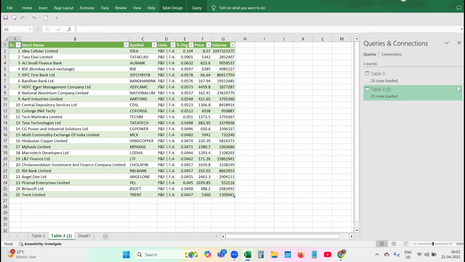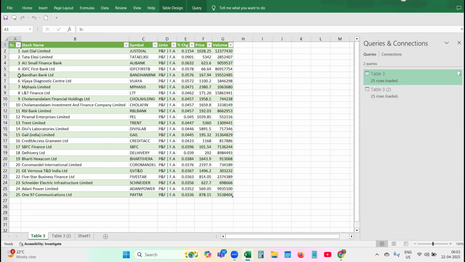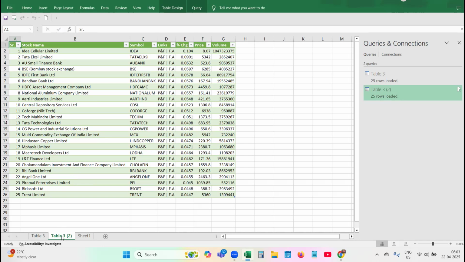So you can compare both the things. Here you got Just Dial, Tata Elxsi. Here also you got Tata Elxsi. There are so many other stocks. Other than Trent, you got Tata Technology, Tech Mahindra.